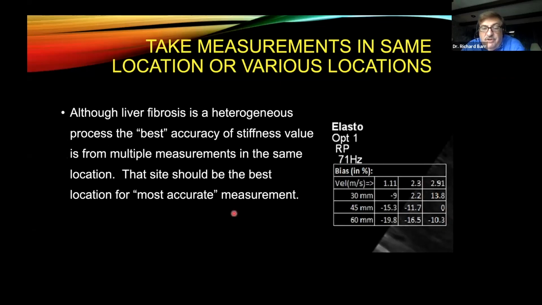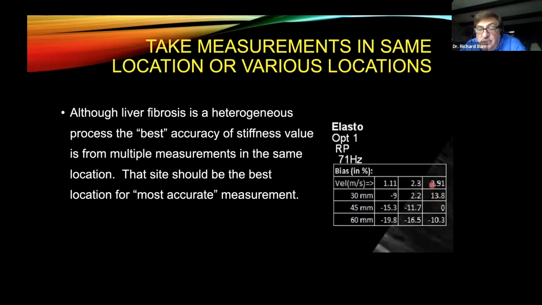And what I have here on the right is something called a bias table. There was an organization or committee, if you will, that is RSNA, some clinicians, the FDA, and some research scientists and all of the vendors. And we developed some liver phantoms that had stiffness values of 1.1, 2.3, and 2.9 meters per second. And we did serial measurements on all of the vendors we had at that time at 3 centimeters, 4.5 centimeters, and 6 centimeters. And this is from the first round that we did this. And the numbers in these little boxes tell you how this system did.